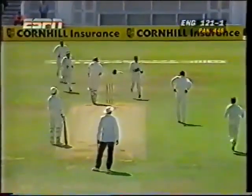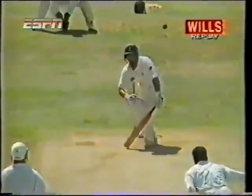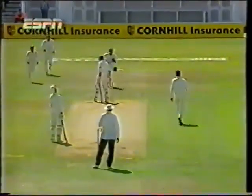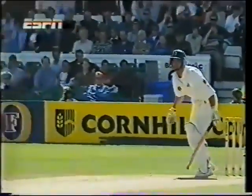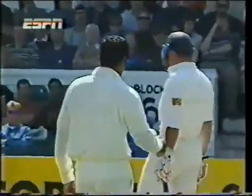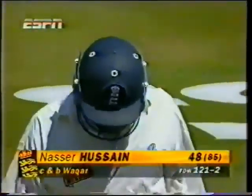Well, Hussain's got to go. It's a brilliant piece of bowling. He's completely hoodwinked Hussain, who's gently lobbed back a return catch. Well, Waqar Younis, a slower ball from around the wicket, the off spinner, and he has totally deceived Nasser Hussain. No good looking at the wicket. That is an off spinner. He's gone for the quick, and look how early he's there. That really is a tremendous piece of quick bowling. Variation of speed deceives Nasser Hussain. Now gone for 48, and England 121